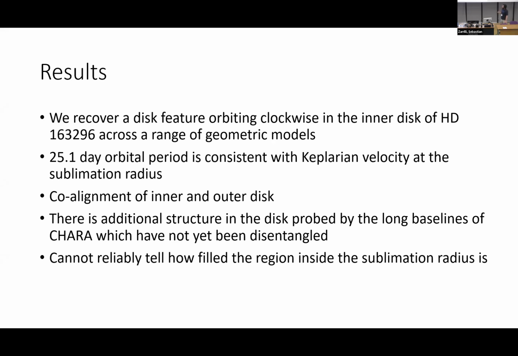The period is consistent with Keplerian motion at where we expect the sublimation radius to be, and we see the center of the emission of the moving feature to be also roughly around the astrosilicate dust sublimation radius. And so if we do have some feature that's puffing up the disk in a certain region, this would be a nice way to explain the moving shadows that we see on the